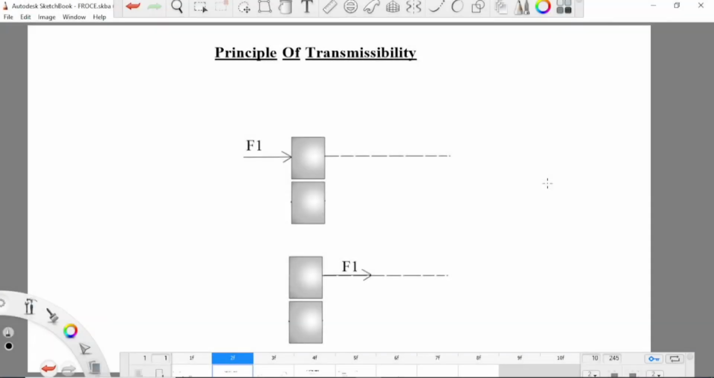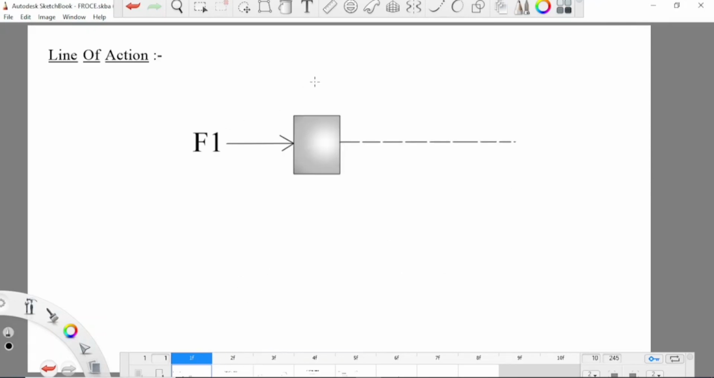In this video, I'm going to explain about principle of transmissibility. Before understanding principle of transmissibility, let's understand about line of action. So what is line of action? Line of action is nothing but an imaginary line, which is this line, which is drawn from point of application